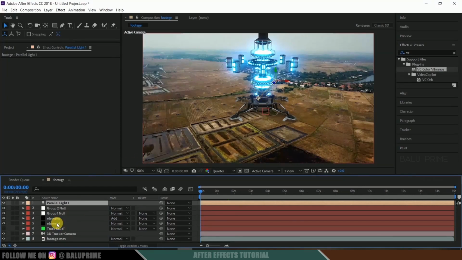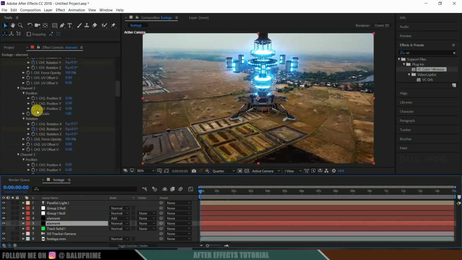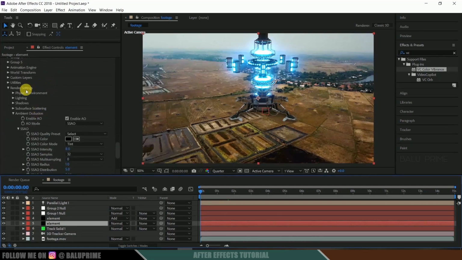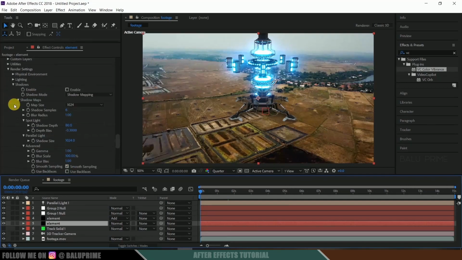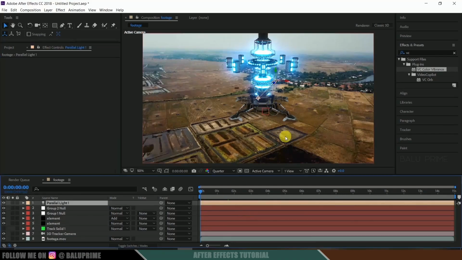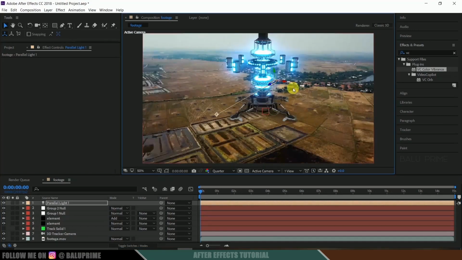Select this element layer, scroll down to the shadows option in render settings, expand these shadows and enable that one. Okay, so we are finding some shadows here. We just need to align this properly, use this handle to set the shadows.